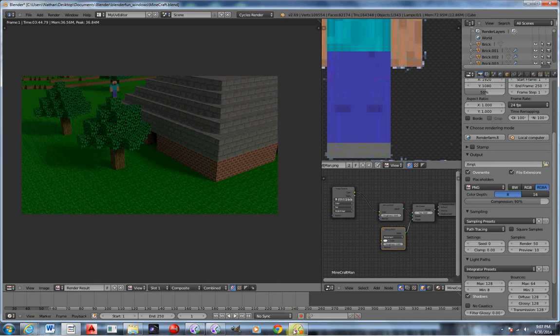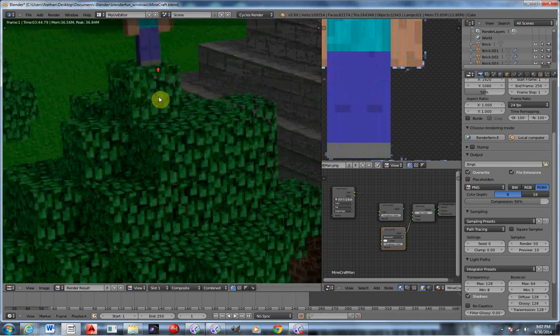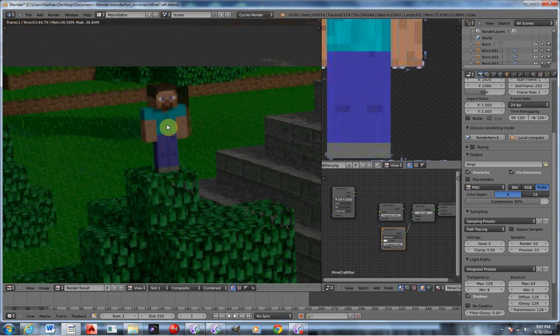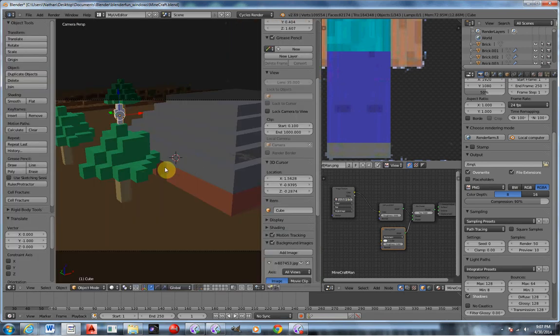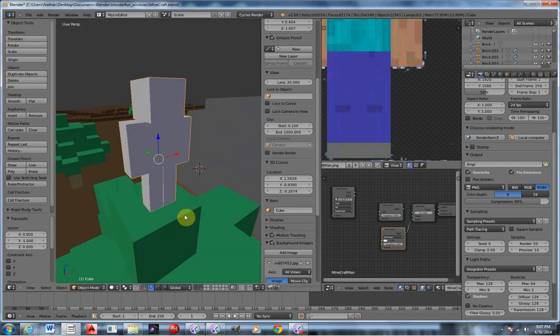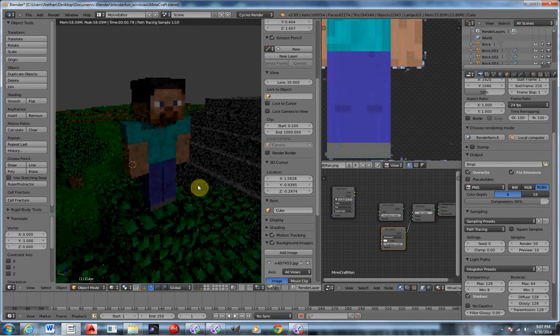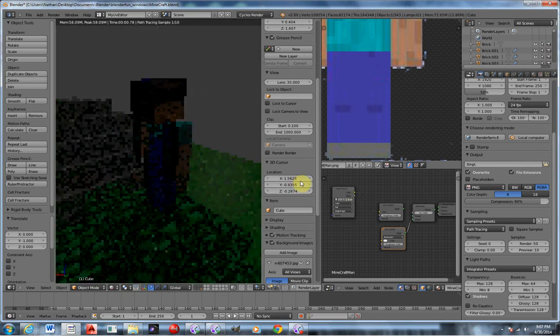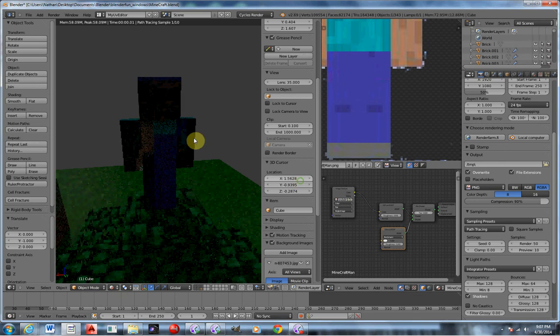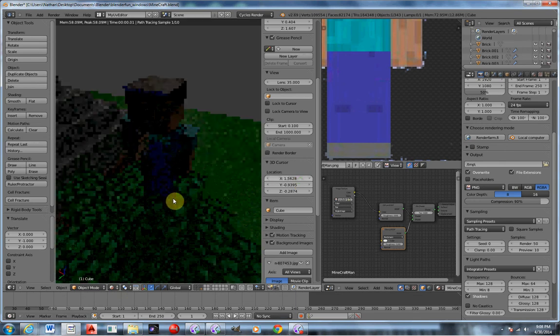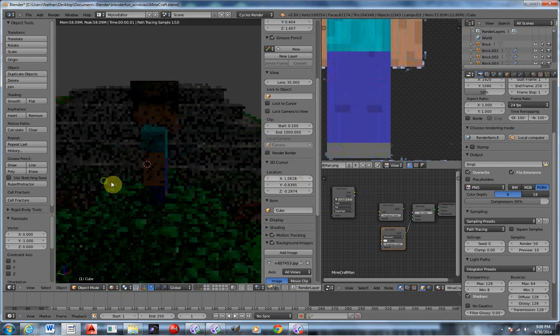Hello Blender users, I'm going to teach you how to make this guy right here. He's our little Minecraft dude. If you look at him right there, there he is. Look around him. Anyway, I haven't finished that part yet, but I'll teach you all how to do that. So what we're gonna do